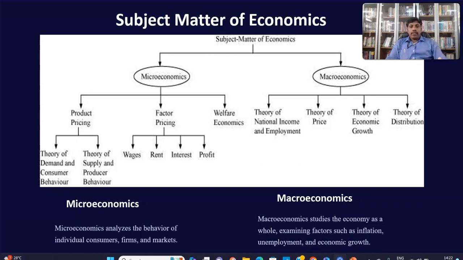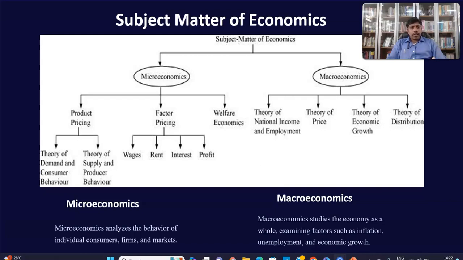For the labor, we are giving the wages. For the land, we are collecting the rent or we are giving the rent. For the capital deposited in the bank, we are getting some interest. Or the capital borrowed from the bank, we are paying a certain percentage of interest. And profit from the organization, that is one of the factors of production, we are getting the profit. So we are studying the factor pricing and the factors of production.